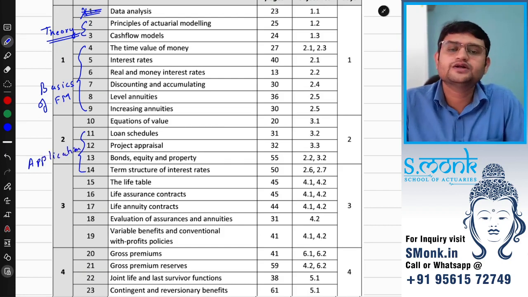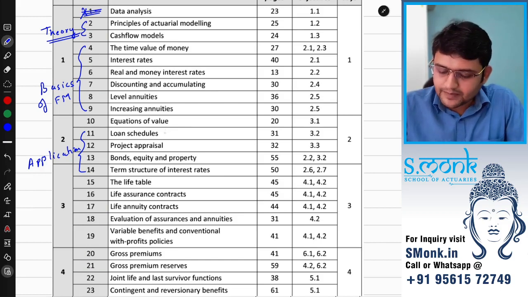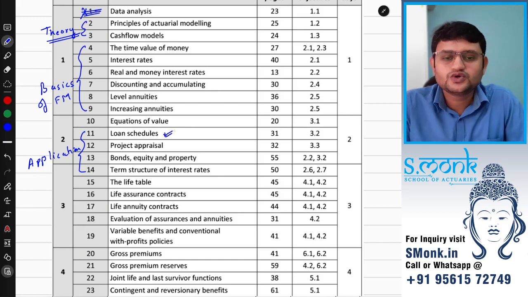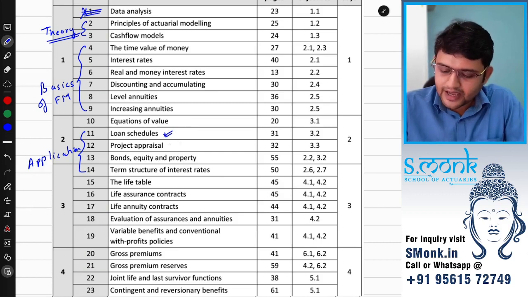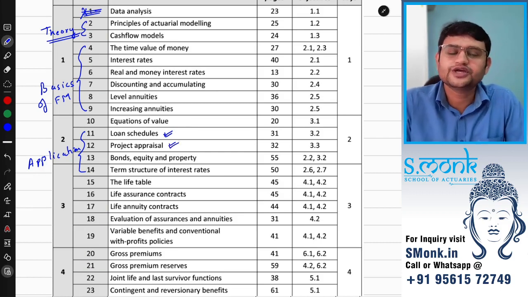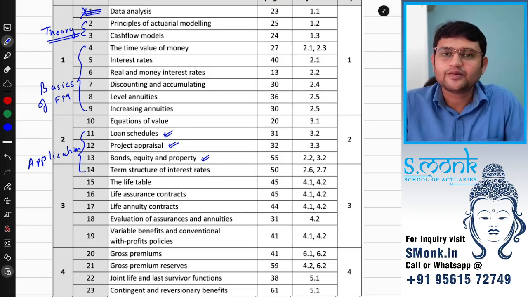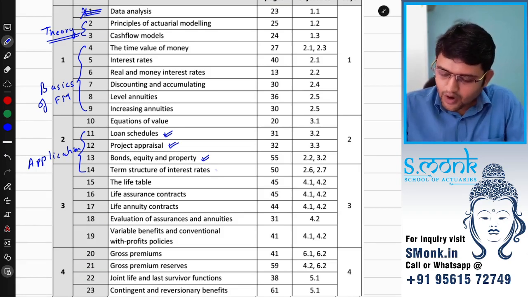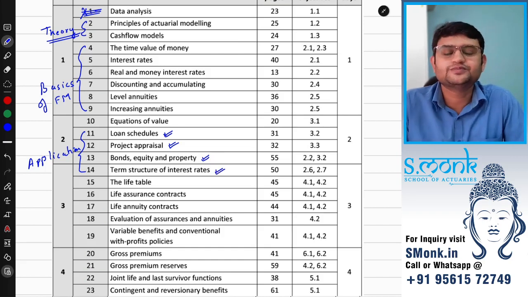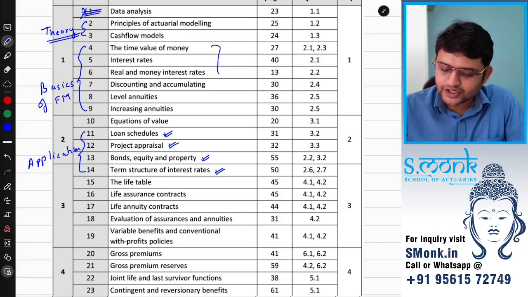This is where we learn how we apply our concepts to loans, how we apply our concepts to understand whether a project should be taken into consideration, how we value bonds, equity and property and other things. And what happens if the rate of interest keeps on changing, that is our term structure of interest rates, and how do we manage that. These are all applications of everything that we are going to study from chapter 4